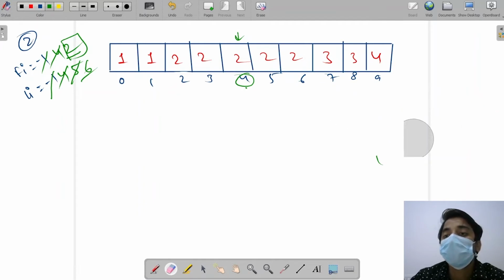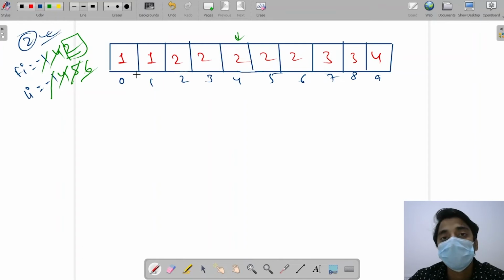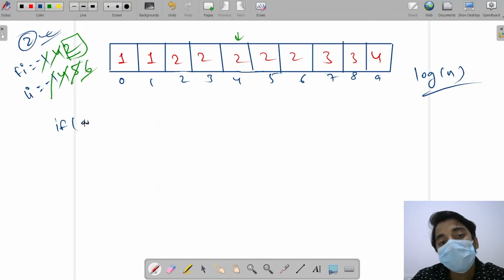By doing this, now we have the first index and the last index of the target in a sorted array. So we have achieved this in log of n. We have just used binary search for finding the data. So condition was, for finding the first index,